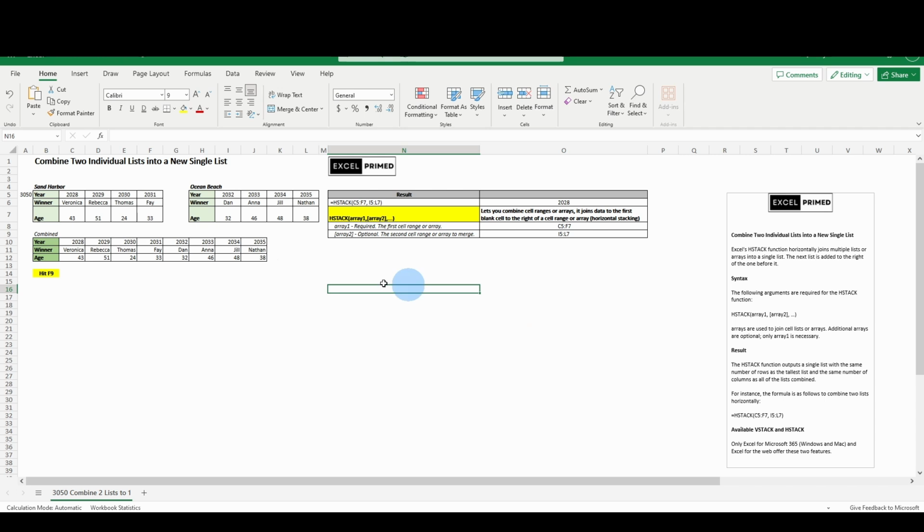Read it if you need it. Manipulate this stuff. Hit F9 if you want, just to get an idea of what the changes look like and how they transfer from one list to the combined lists. Work it out. 2028 just represents this first answer, and then you can read up